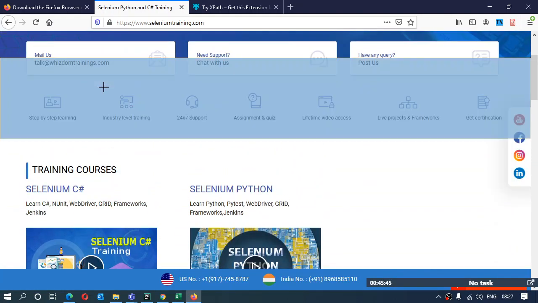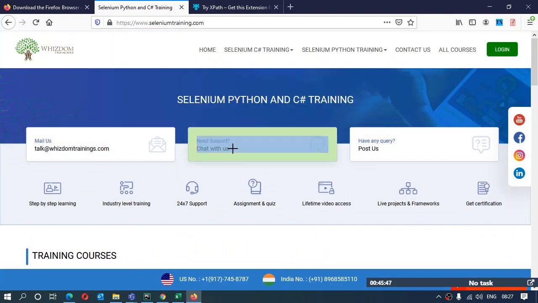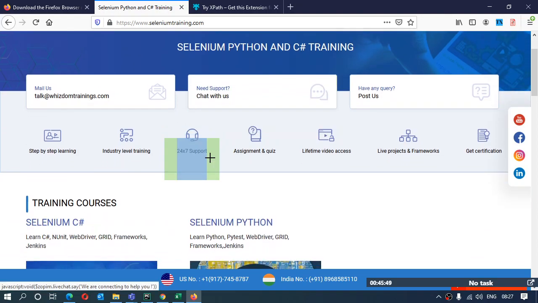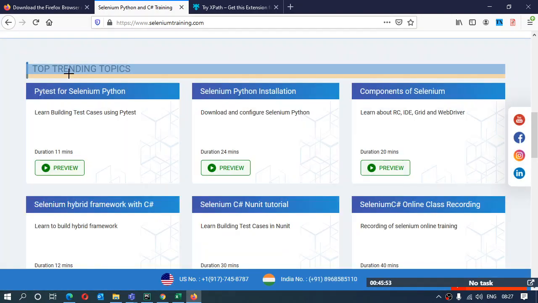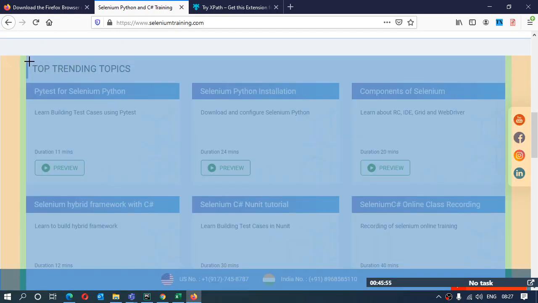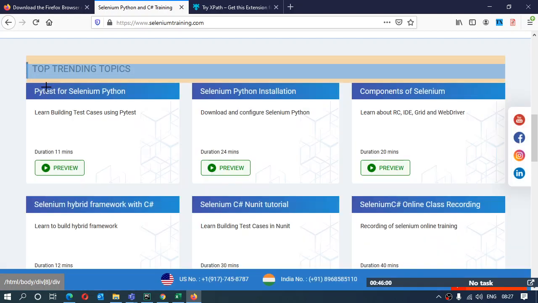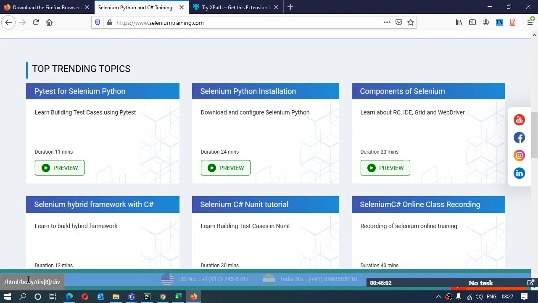You can hover over the whole screen and look for which element you want. Like, let's say, I want these top trending topics, or this whole module. I'll just click on it, and just below I get the XPath. I can copy it from here and use it.